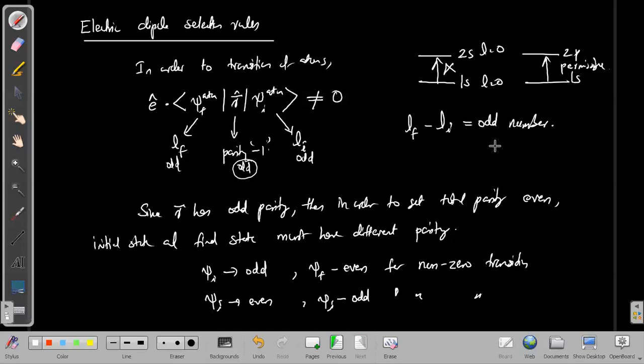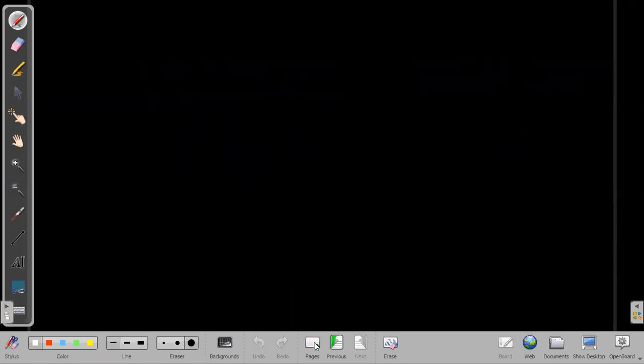Okay, so in order to get the detailed selection rules, what we have to do is express the position vector in terms of spherical harmonics. The detailed steps are given in your textbook, so I will just mention how to write it in spherical harmonics. What we can do is, your E dot R, it is possible to write E dot R in the form of square root of 4 pi by 3 times R,